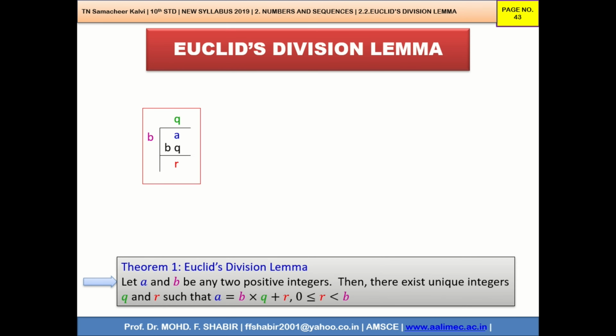Now I will try to explain you more because you must understand the concept very clearly. So I will give you more examples. In case 1, a equal to 4, divisor is b, 2 2's are 4, remainder is equal to 0. If a equal to bq, then remainder is 0. Again I take a equal to 5, divisor is 2, 2 2's are 4, remainder is 1. Because a is more than bq, remainder is equal to 1. Now I take a equal to 6, 2 3's are 6, remainder is 0. Therefore, whenever we have divisor value 2, remainder cannot be more than 2. It can be only 0 or 1.